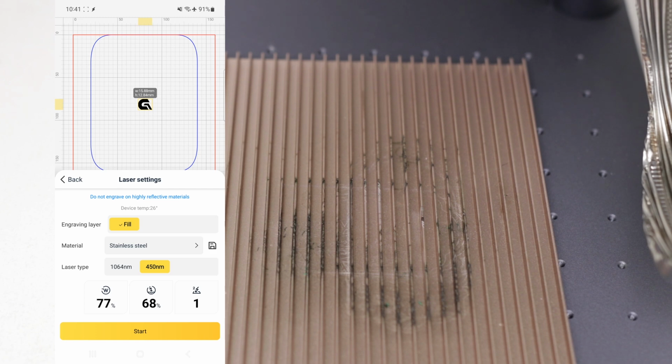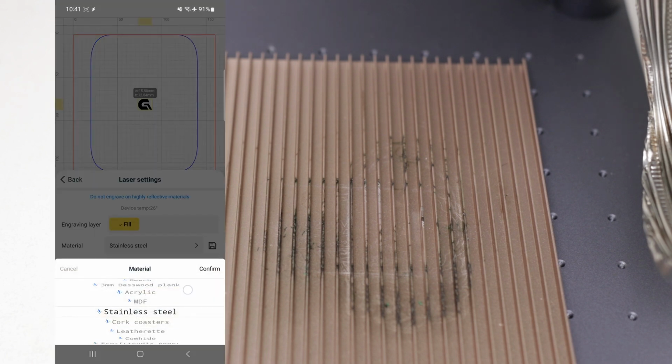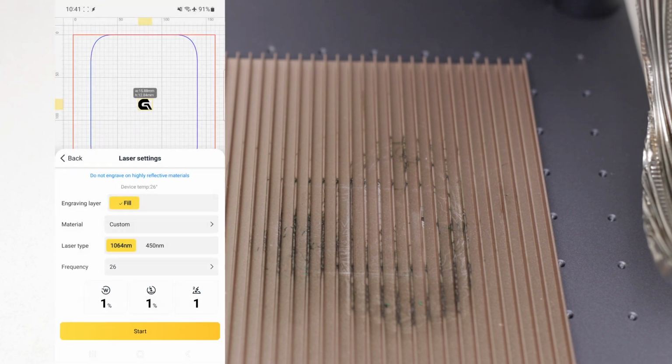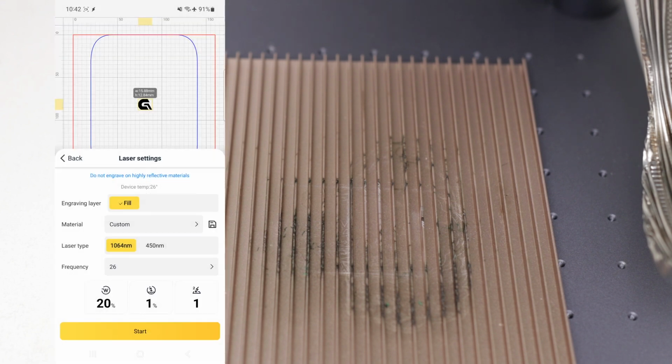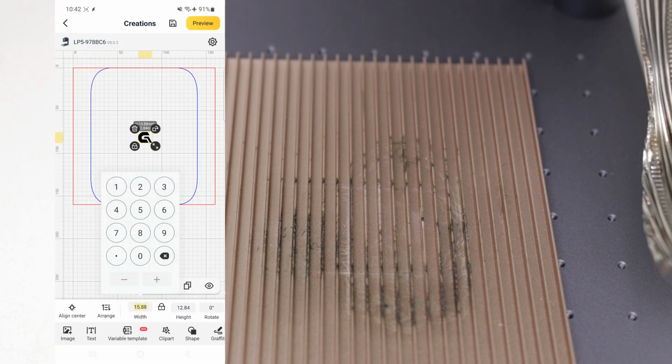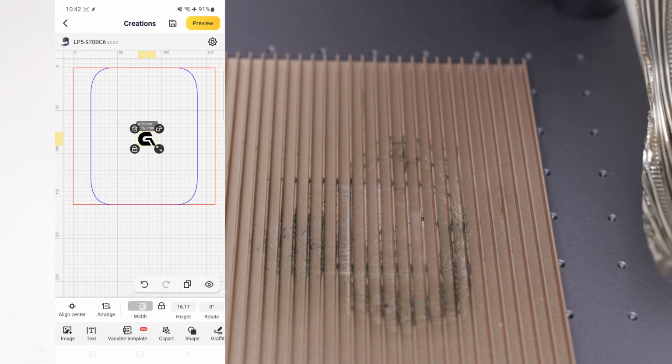So when you go into higher resolutions, they might not be there, but that's just because they don't have a predefined set of settings. You can go check out the LaserPecker material settings on their website. But overall, I never use this. This always ends up just being set to custom for me. I figure out what my settings are, and I manually just set them to whatever they need to be. I'm going to go change the size of this to 20 millimeters